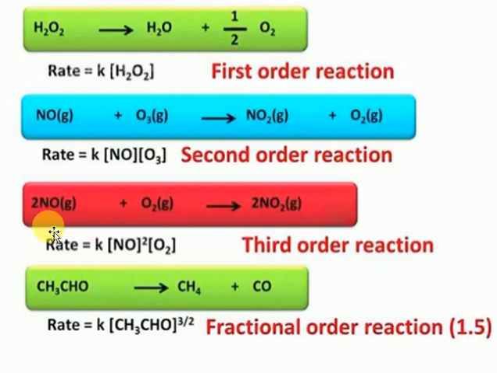Now there is one more point here. Two molecules of nitrogen monoxide can react with one molecule of oxygen. So what happens there? The rate of reaction depends on twice the concentration of nitrogen monoxide and one time the concentration of oxygen. You can calculate it as 2 plus 1, which is 3, so it is a third order reaction. This is very, very important: the rate depends on twice the concentration of nitrogen monoxide and one time the concentration of oxygen.